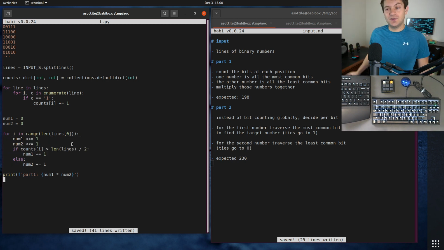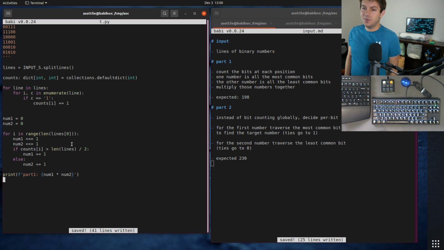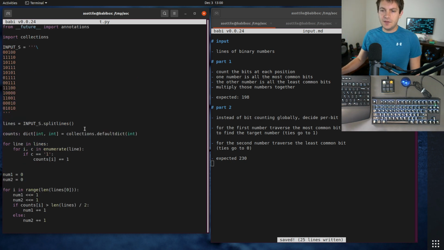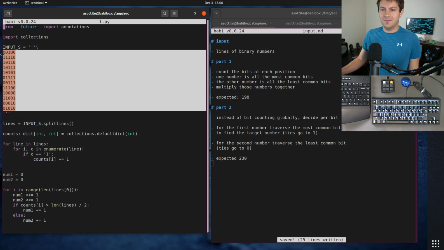Okay, part 2 is where the difficulty really ramps up, in my opinion. You basically need a way to somewhat efficiently represent these numbers, and I came up with a couple of different ways to think about this. Unfortunately, the code for this is kind of long, so I'm going to show you my thoughts in Paint, and then I'll show you the ways I solved this,